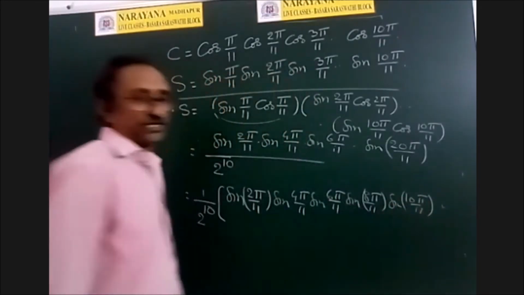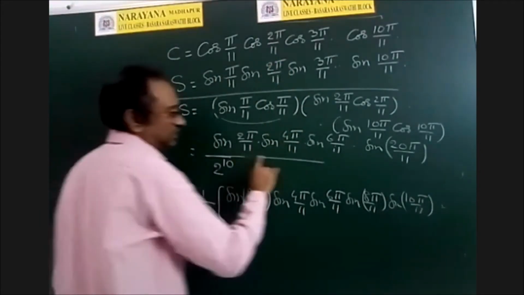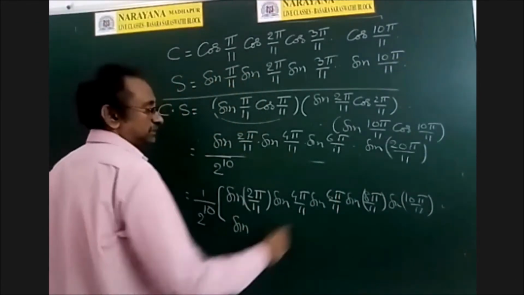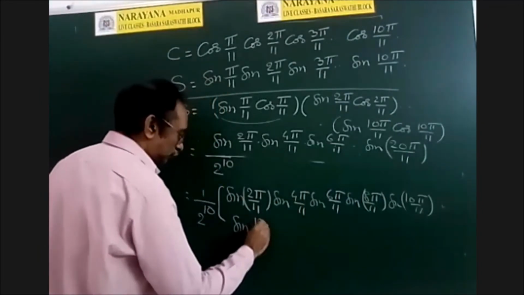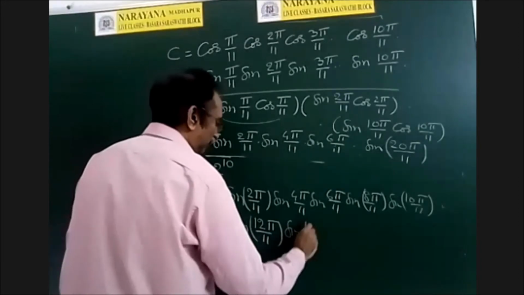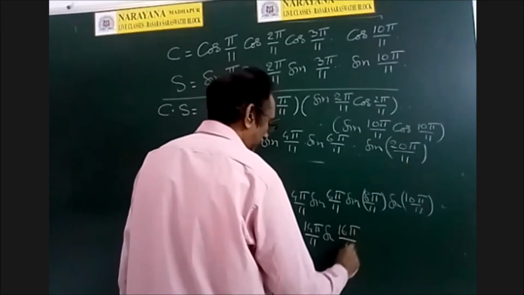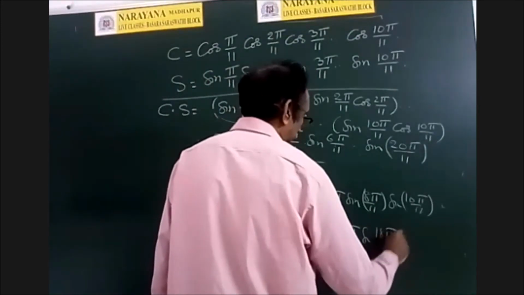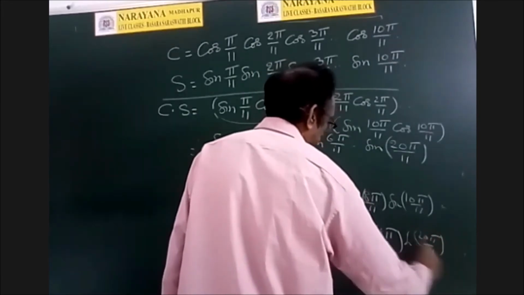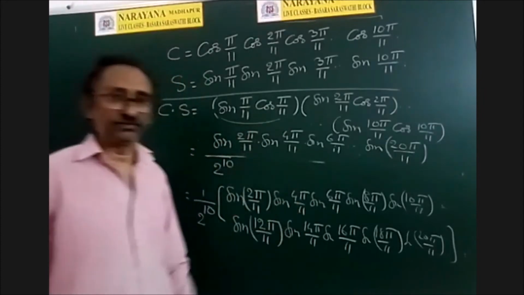So the even coefficients are over. Okay. So here it's completed. But there are still some more terms. What are they? Sine after 10, 12 pi, so 12 pi by 11, sine 14 pi by 11, sine 16 pi by 11, sine 18 pi by 11, sine 20 pi by 11. So just this product only, I rearranged the terms.